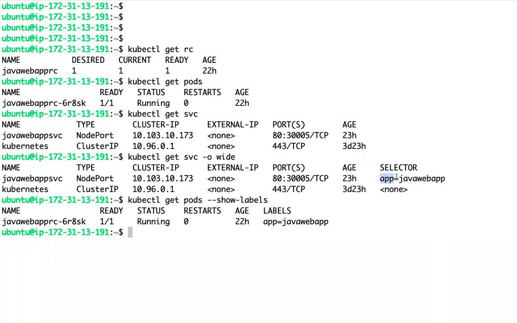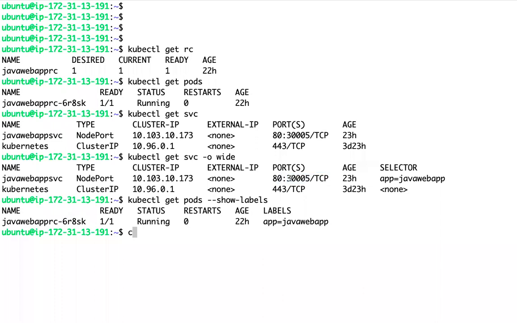We have given this as a label for this pod. Within the cluster, we can access this service using the service name or cluster IP with the service port.